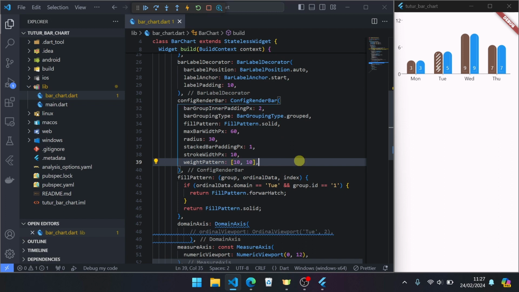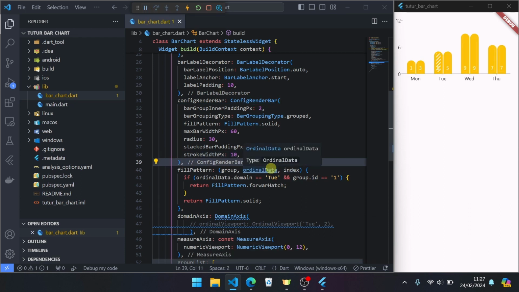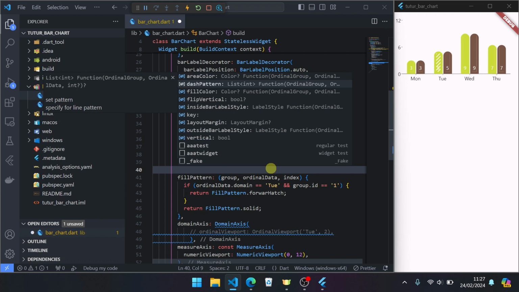But for some reason this still has a bug, so we cannot use it for now for wake pattern. Then area color pattern, this is for line next to fill color.